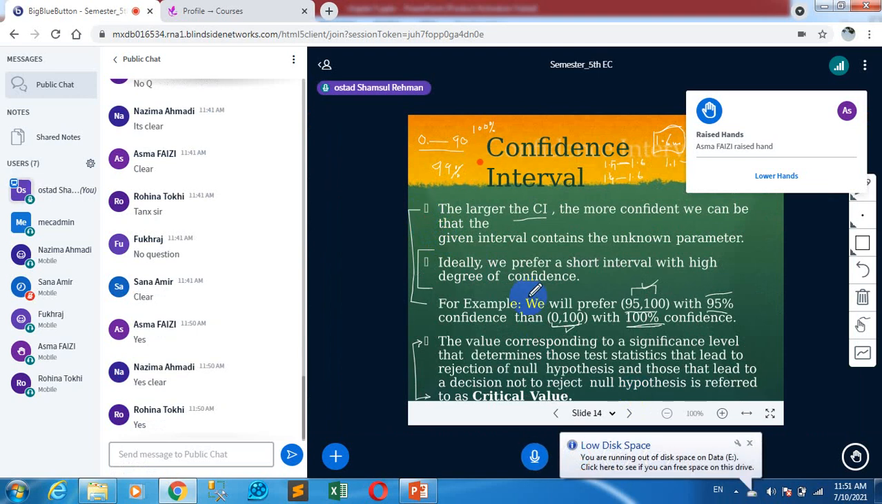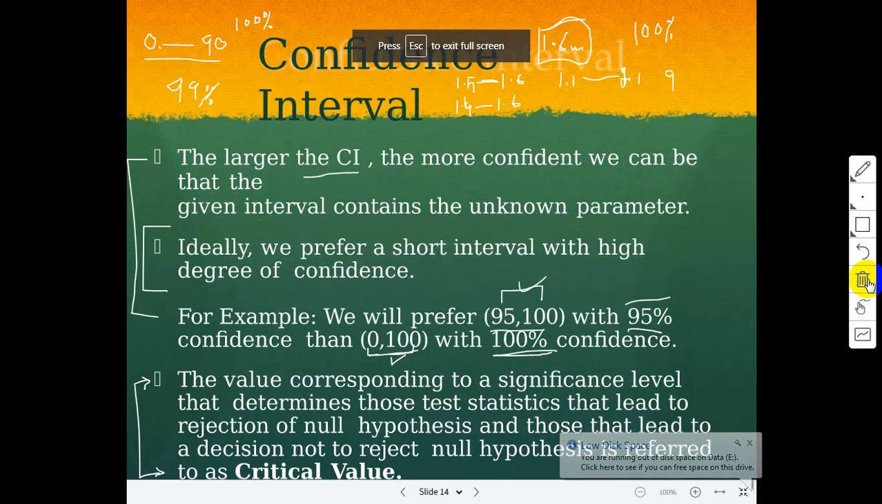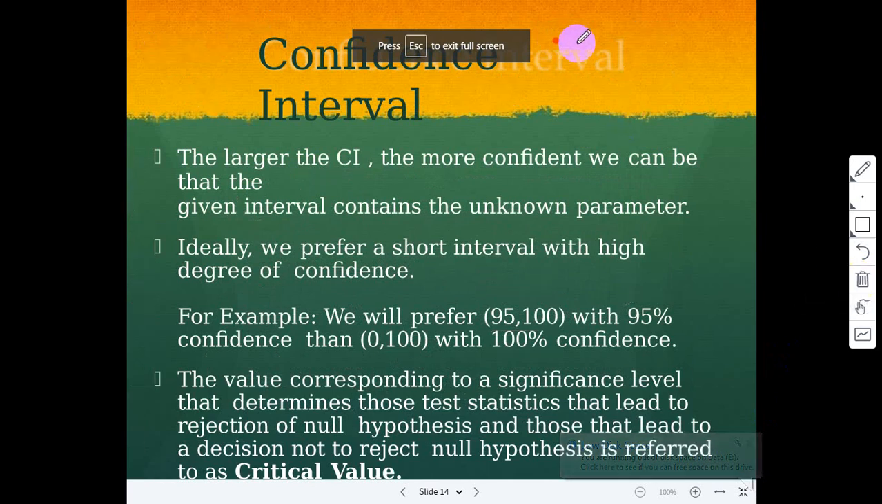Okay, so what is a critical value? Very easy. For example, I'm giving a range. For example, I ask a question from one of your students: how much marks will you take? So now you will take marks. For example,